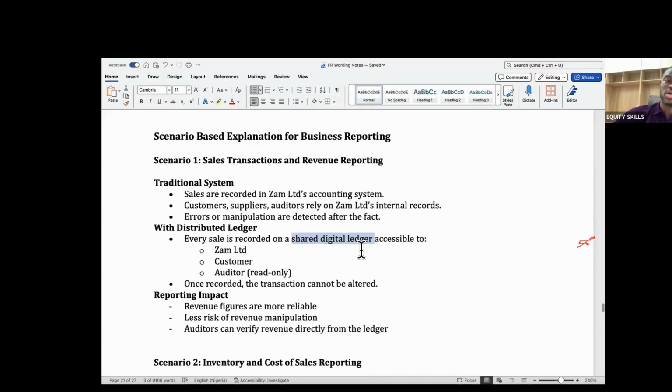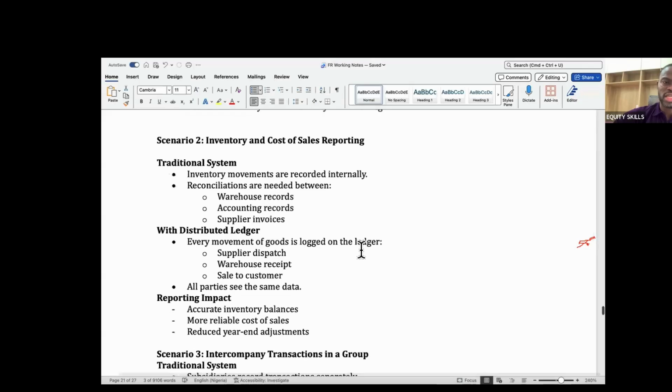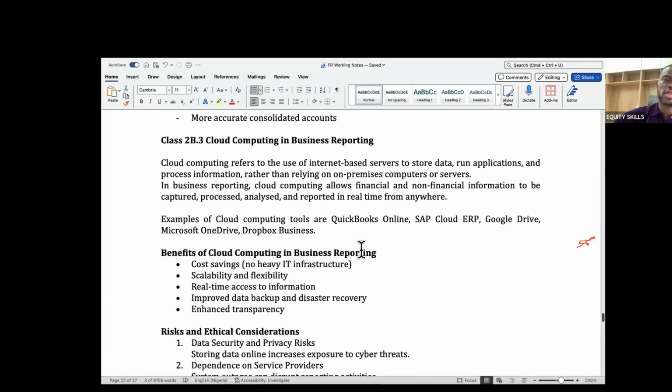And it can work for transaction processing, it can work for data management, it can work for data analytics, it can work for reporting. All of our accounting records can be there, whether inventory records, fixed asset register, sales records, purchases records, shareholders register, anything you want, is secured. I can ask you all of these. Go and check your past questions. These are the simple questions you majorly find in your exam. And I gave some other scenarios that you can actually look at.